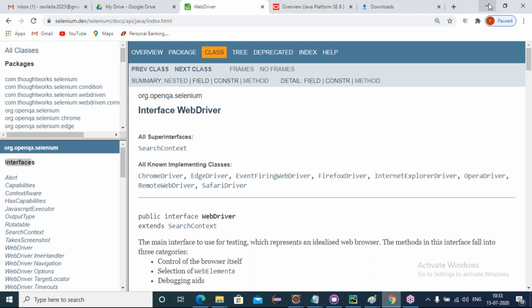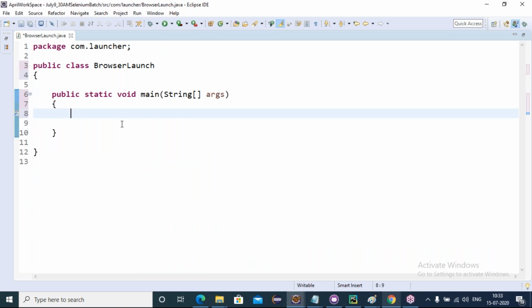If I want to launch the Chrome browser, which class do I need to use? Chrome driver. So you must create an object for Chrome driver: ChromeDriver driver equals new ChromeDriver. So friends, I am getting some error. Why?